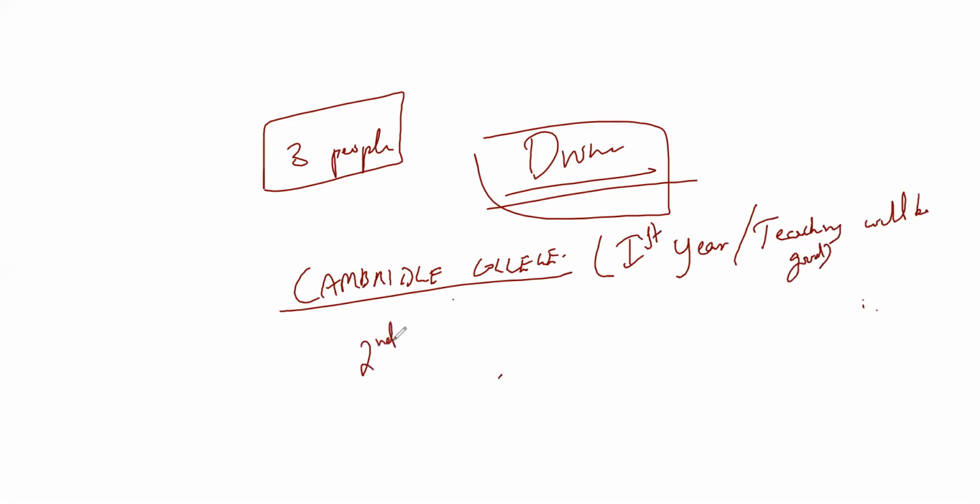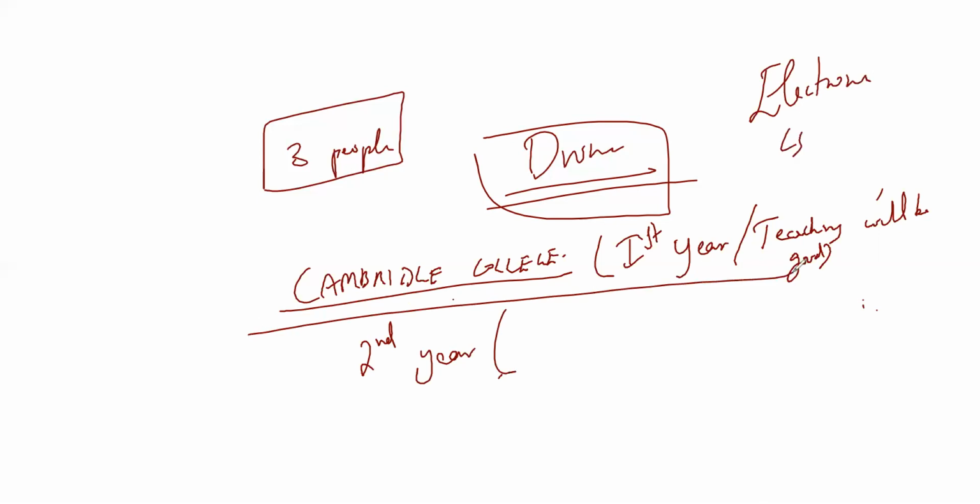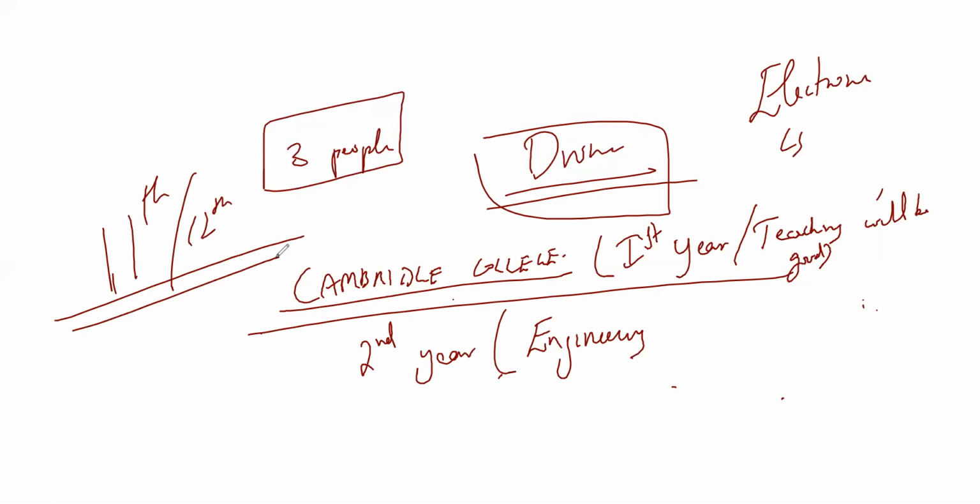But once you go to the second year, if you're taking electronics or mechanical engineering or computer science, only from second year engineering will actually start. At that time, you won't be getting any good faculties. In 11th and 12th, if you're not happy with your teachers, in engineering you won't be happy at all with the teachers, because they're least bothered whether you learn or not, because you have to study. So second year only real engineering will begin.